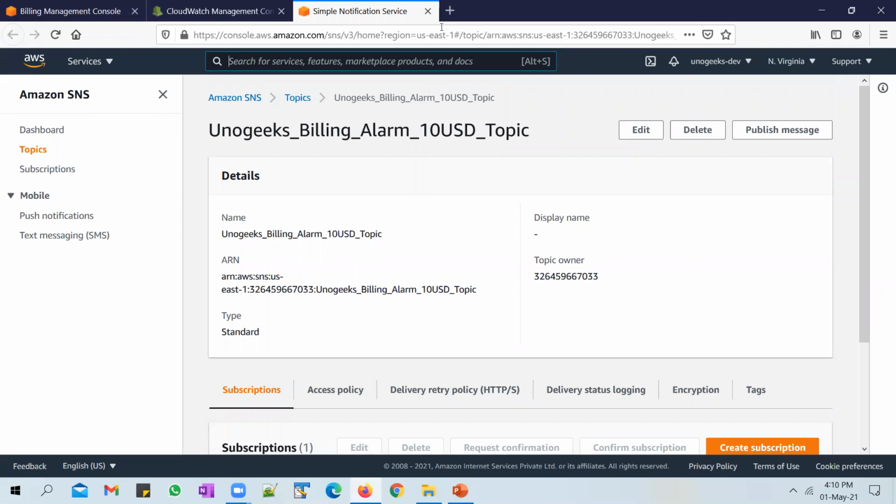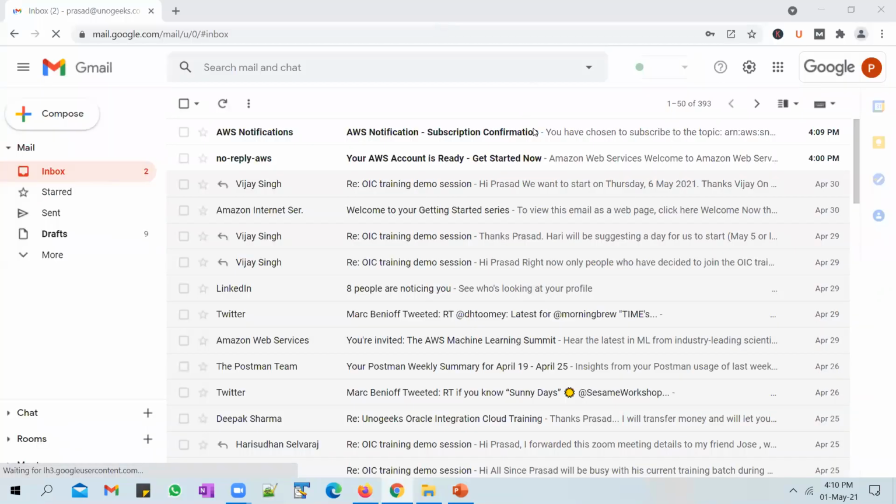Okay, and we'll go ahead and confirm that as well. I've logged into my email account here, and as you can see, I've received a notification which says AWS notification subscription confirmation.